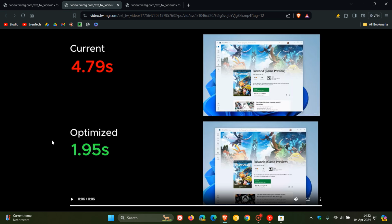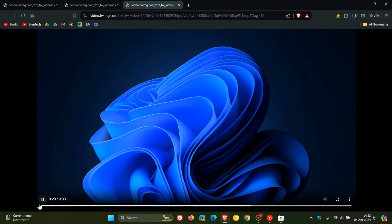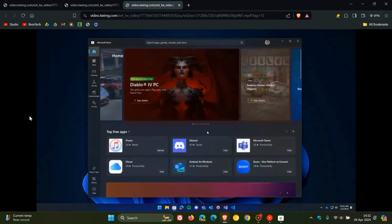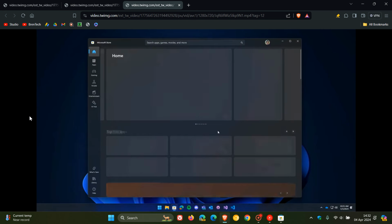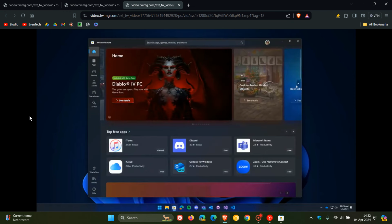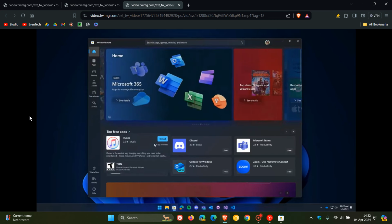is for the actual launch time, which they are also improving upon. And here we can see a couple of interesting things taking place. If we just start this GIF, once again, we can see they've changed how the application launches and manages the splash screen, resulting in a smoother launch experience, which I'm actually quite happy to see. I think although the Microsoft Store is launching a lot faster in the stable version, there is still room for